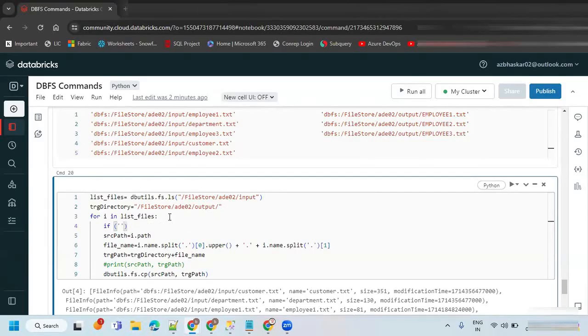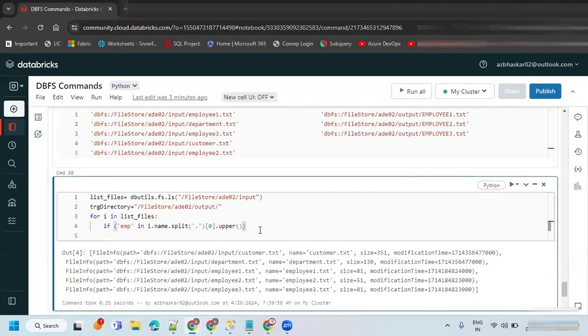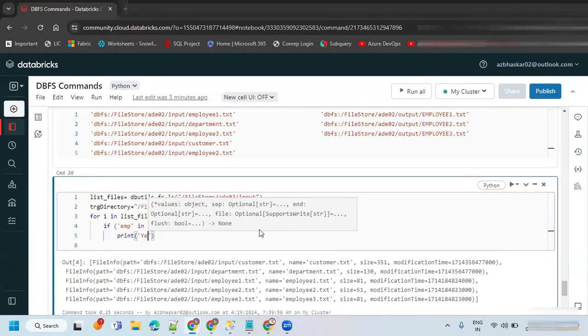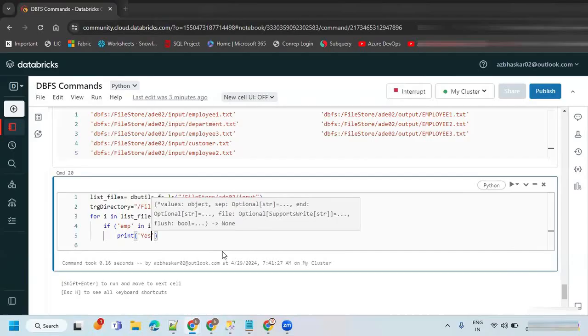So here I wanted to say if I wanted to search emp in this file name. Okay, so for timing, I'm just taking out this code. I wanted to say colon print. Yes, let's execute it.